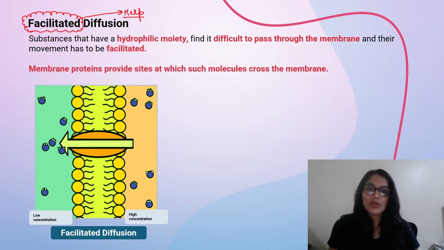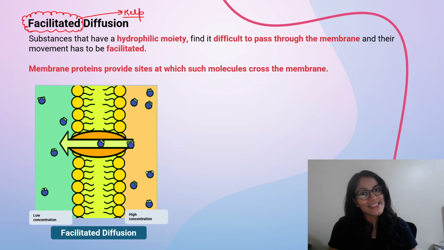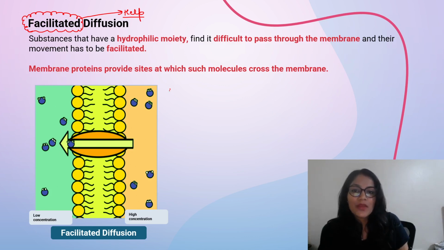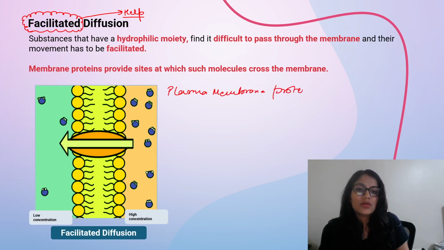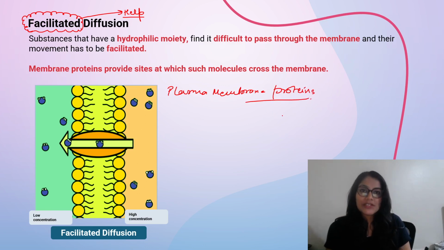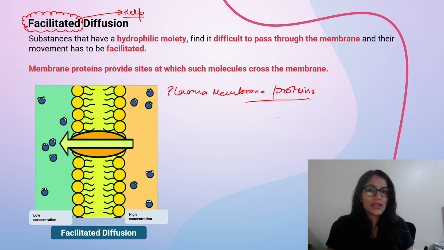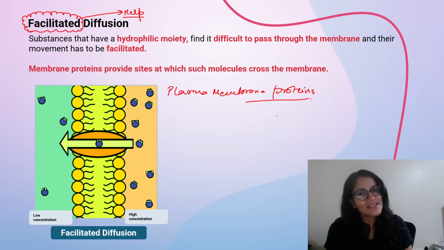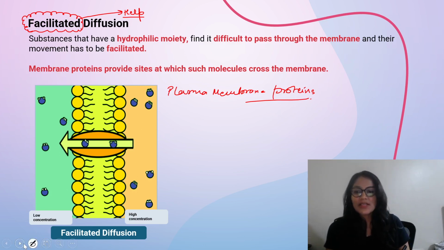And that molecule which is going to help in the process of diffusion is proteins. Yes. So plasma membrane proteins are going to help in the process of diffusion. प्लाज्मा मेम्ब्रेन में जो प्रोटीन्स प्रेजेंट है वो डिफ्यूजन में हेल्प करेंगे और इसे हम क्या बोलते हैं? फैसिलिटेटेड डिफ्यूजन. सो सब्सटेंसेस दैट हैज